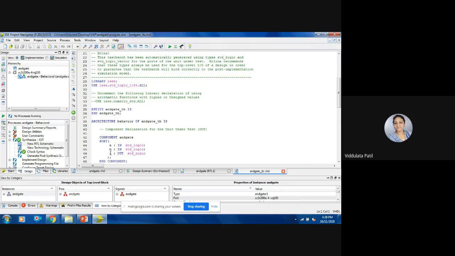AND gate is declared as a component in the architecture board. Now here, as we have seen in an earlier slide, in an entity, port declaration